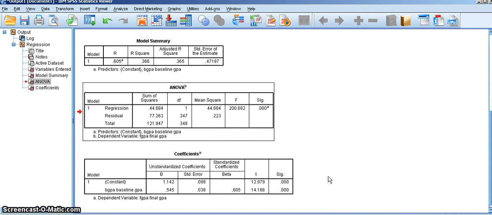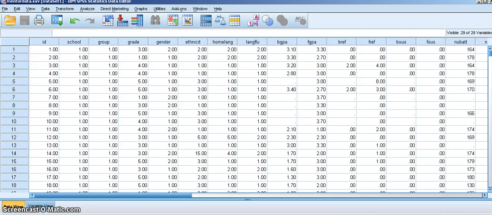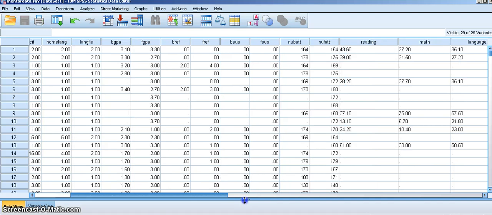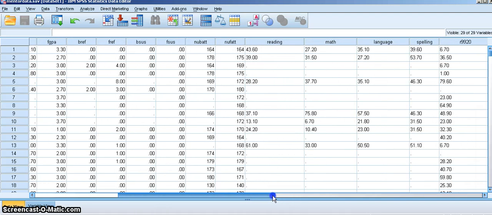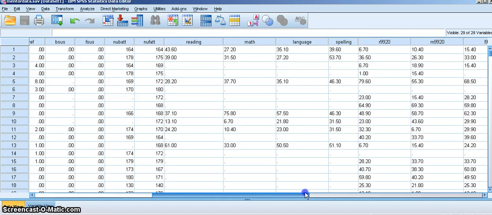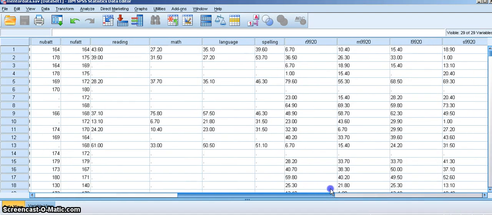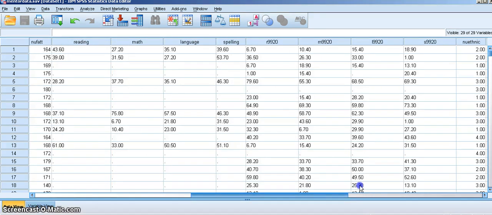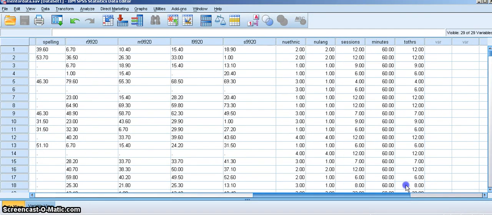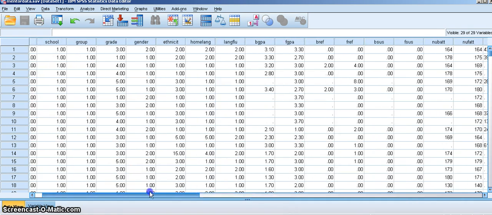Okay, so now let's try to do multiple regression. And the only difference as of right now is that we're just going to have more predictors. So if I go back to our database and I look at some of the variables, let's try to predict our math score based on the reading score and the number of tutoring sessions the students received,